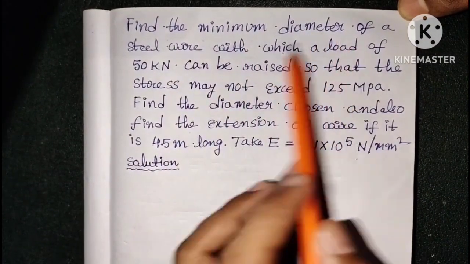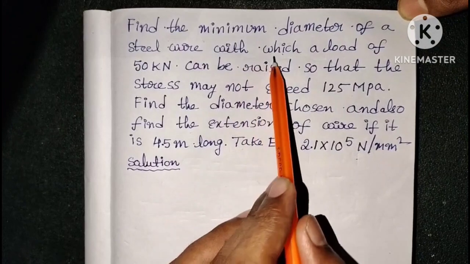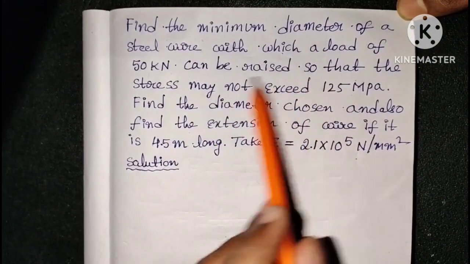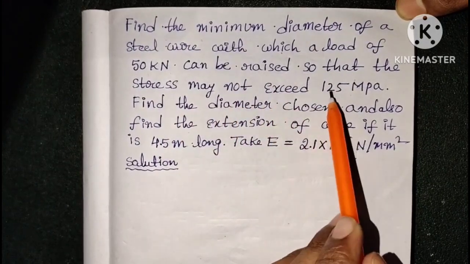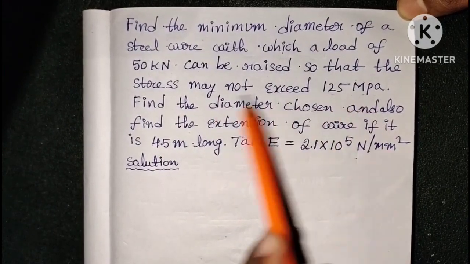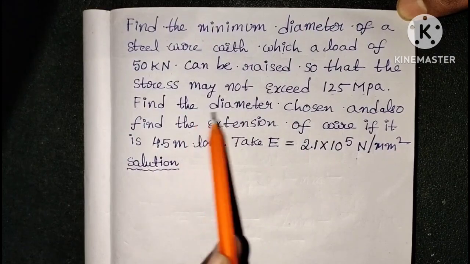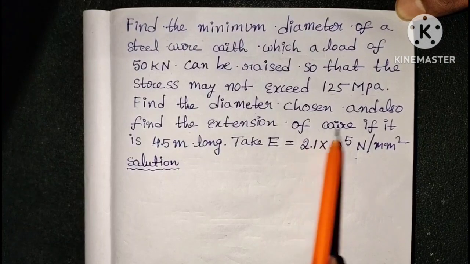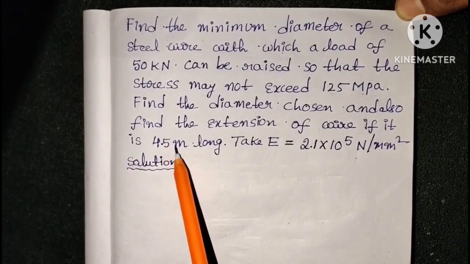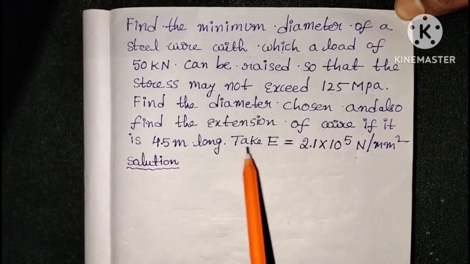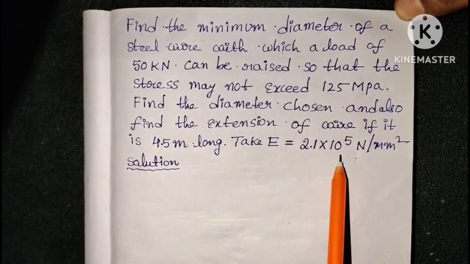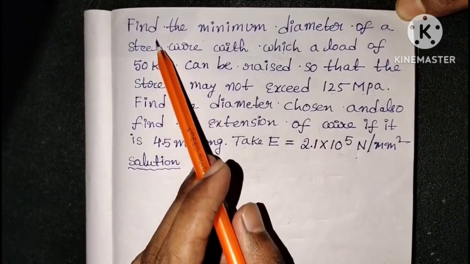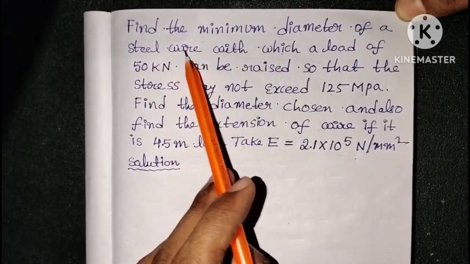Find the minimum diameter of a steel wire with which a load of 50 kN can be raised so that the stress may not exceed 125 megapascal. Find the diameter chosen and also find the extension of the wire, if it is 4.5 meters long. Take E equals 2.1 into 10 to the power of 5 Newton per mm square. So in this question, we need to find the diameter of the steel wire, minimum diameter of